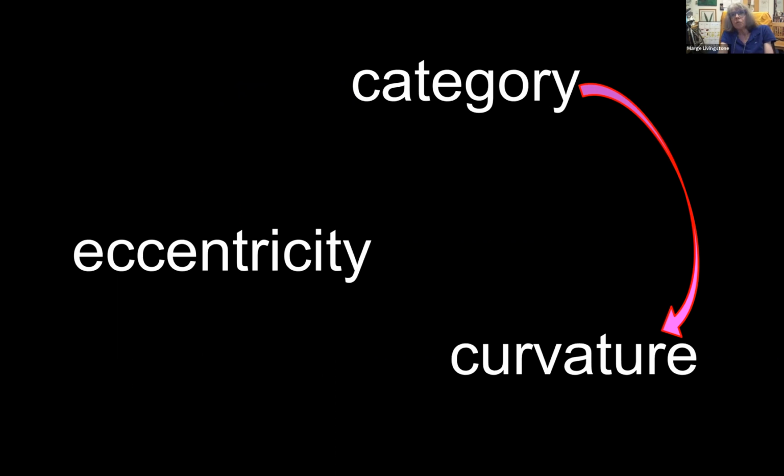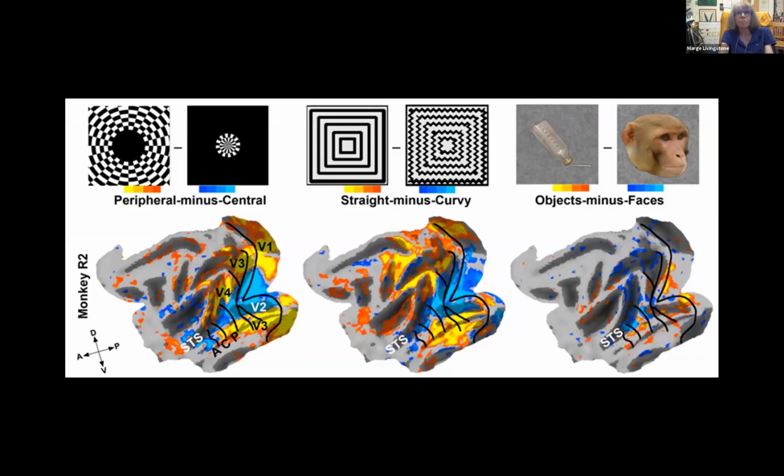Maybe face domains respond to curvy things because faces have a lot of curvy contours, so curvy things look more face-like than trees, and anything straight looks more like it could be part of a scene than a face. We mapped eccentricity and curvature in our monkeys. We confirmed that face selective domains, so here's a face selective domain, prefer curvy things and prefer central visual field